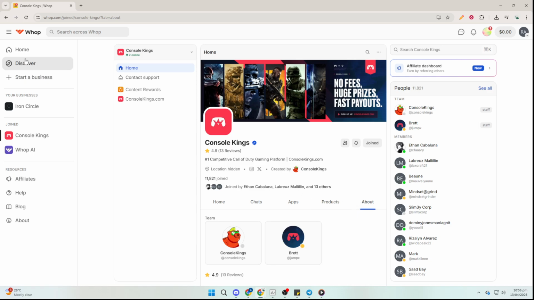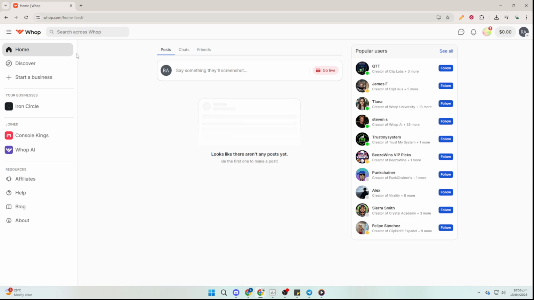That's all there is to it. Log in, head to your dashboard, look for Joined on the left, review your communities, and click any one to open it and start